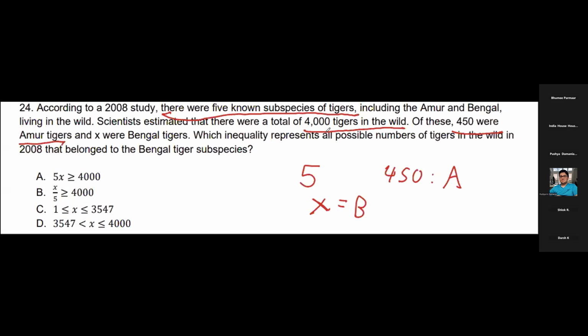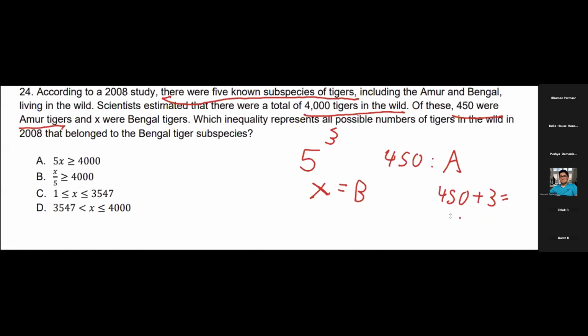And we know that there are three others. So we'll just do 450 plus 3, which is 453. So at minimum, there are 453 other tigers than Bengal tigers. So that means that the maximum possible value would be 4,000 minus 453, which is 3,547. So that means that X, or the number of Bengal tigers, has to be less than or equal to